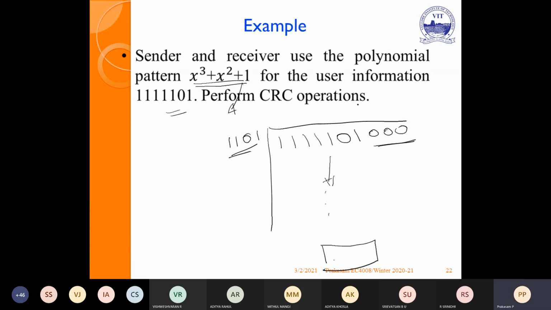I affix it as the code word and transmit. On the receiver side, I do the inverse operation with the respective CRC code word. If I get 0, 0, 0, then there is no error. So it is very, very easy. If you perform the XOR operations and the binary division correctly, you will get the correct answer. So kindly practice this as homework.